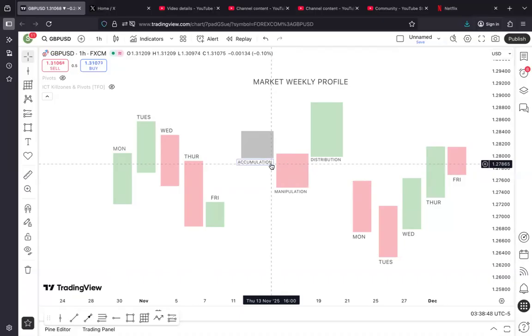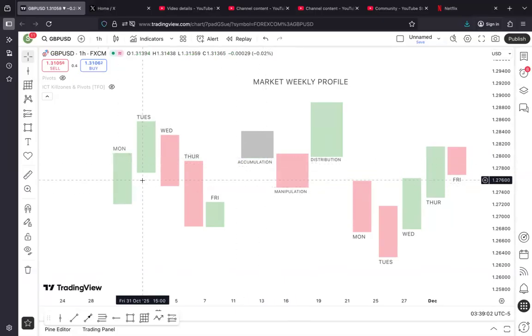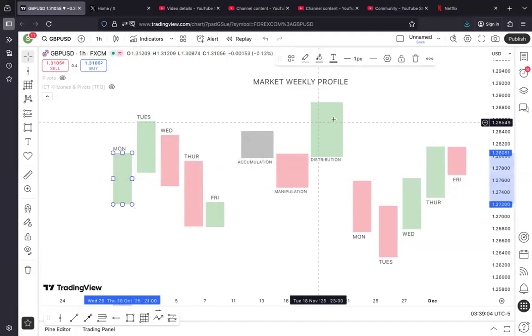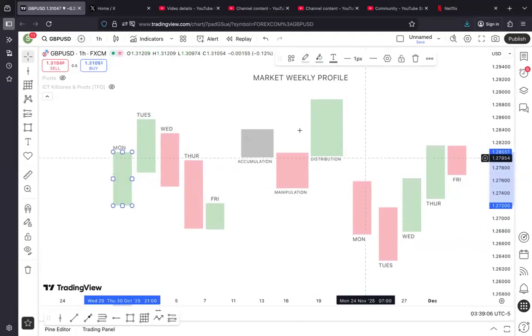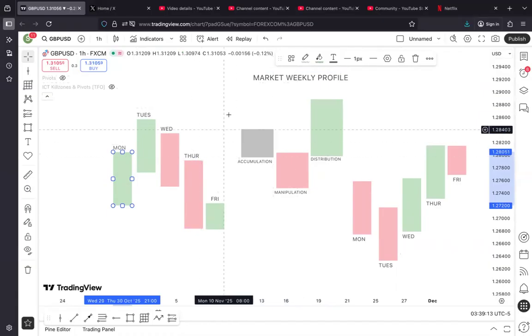Where the next draw would be, of course, I must have identified where the next draw would be. And I just want to wait for the willingness for price to want to push towards that side, either on Tuesday or on Wednesday. All right. But for Mondays, you don't want to trade on Mondays. Honestly speaking, if you want to follow the idea of this market weekly profile, then I would strongly advise that you stay away from the market on Mondays. At least Monday, London session, even New York session sometimes, can be very, very lethargic.